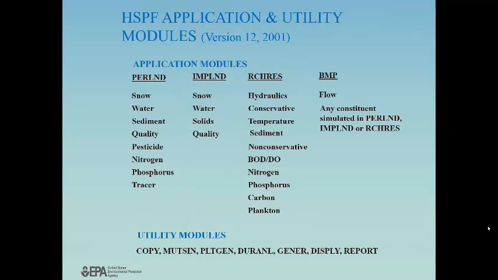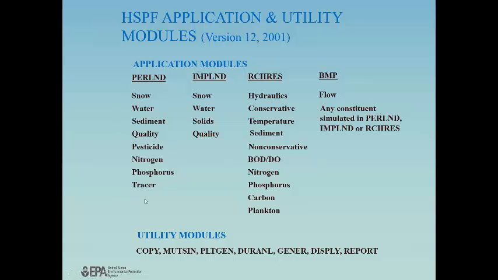Now, HSPF attempts to represent these through a variety of application modules. We have the 4 modules shown here: PERLND, IMPLND, RCHRES, and BMP. PERLND refers to any pervious land surface in the watershed. So any surface that can infiltrate water is represented by PERLND, and these are the types of constituents, or the